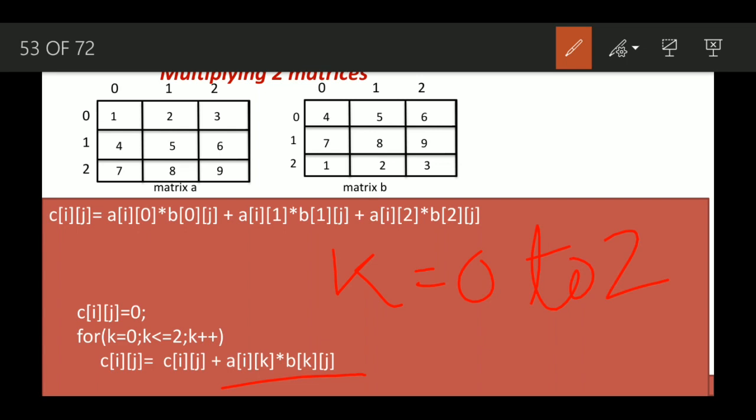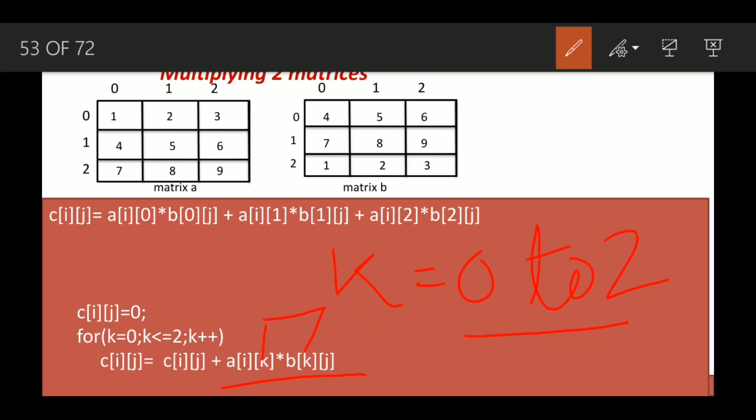So the first value of k will be 0, then the first element of row i will be multiplied by the first element of column j from matrix B, then k will become 1. So the element at index 1 of ith row from matrix A will be multiplied by the element at index 1 of column j from matrix B. When k becomes 2, Ai2 will be multiplied by B2j.